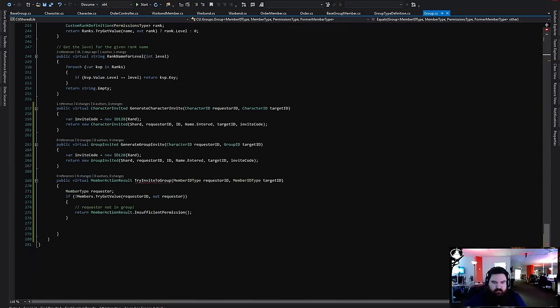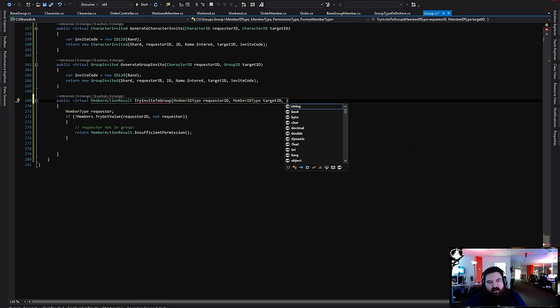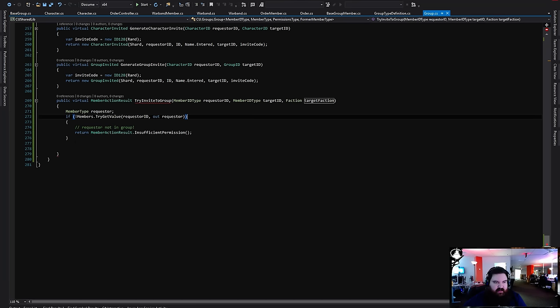I'm about to make it mine. I could just take in faction. So it's the easiest way, instead of getting too complicated.